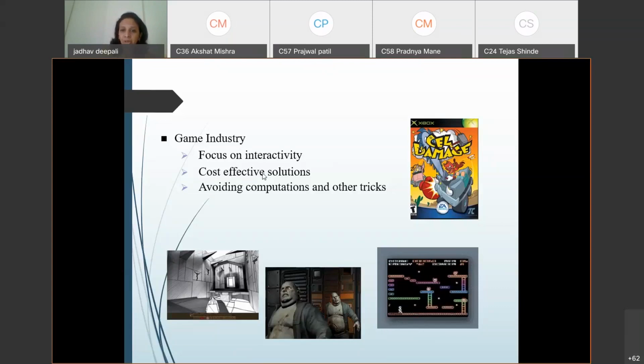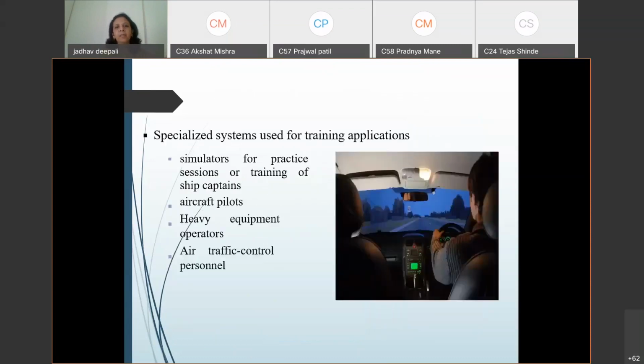Cost effective solution. Now very little cost is there, avoiding computation and other tricks. So that is about the entertainment. Now the next one,